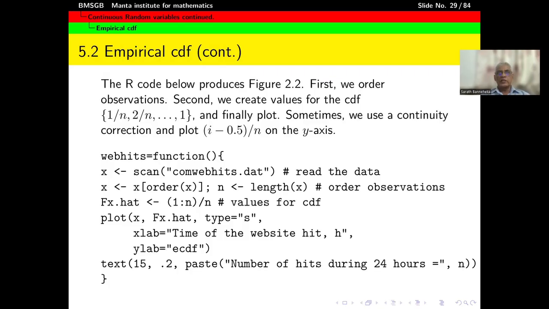So you will get the order statistics, and for each order statistic you can find out the corresponding F hat x value, right? F hat x value will be 1 over n corresponding to the first order statistic. F hat x value will be 2 over n corresponding to the second order statistic, and so on, right? So how do we get this? How do we draw this graph